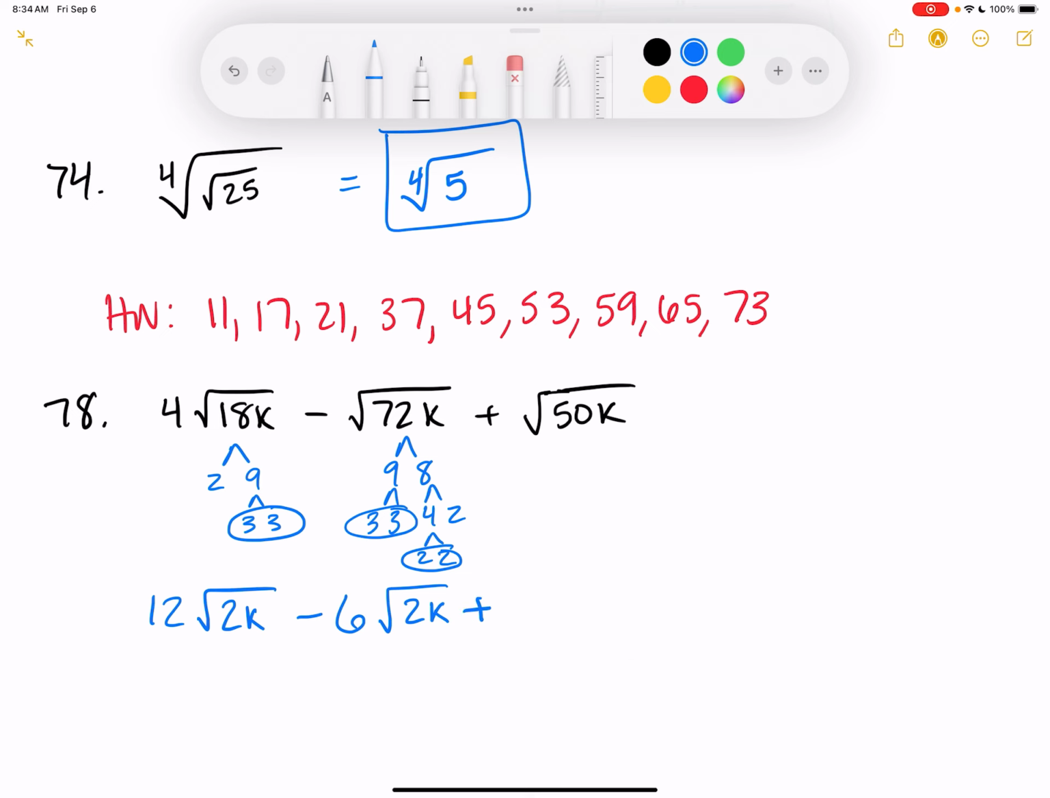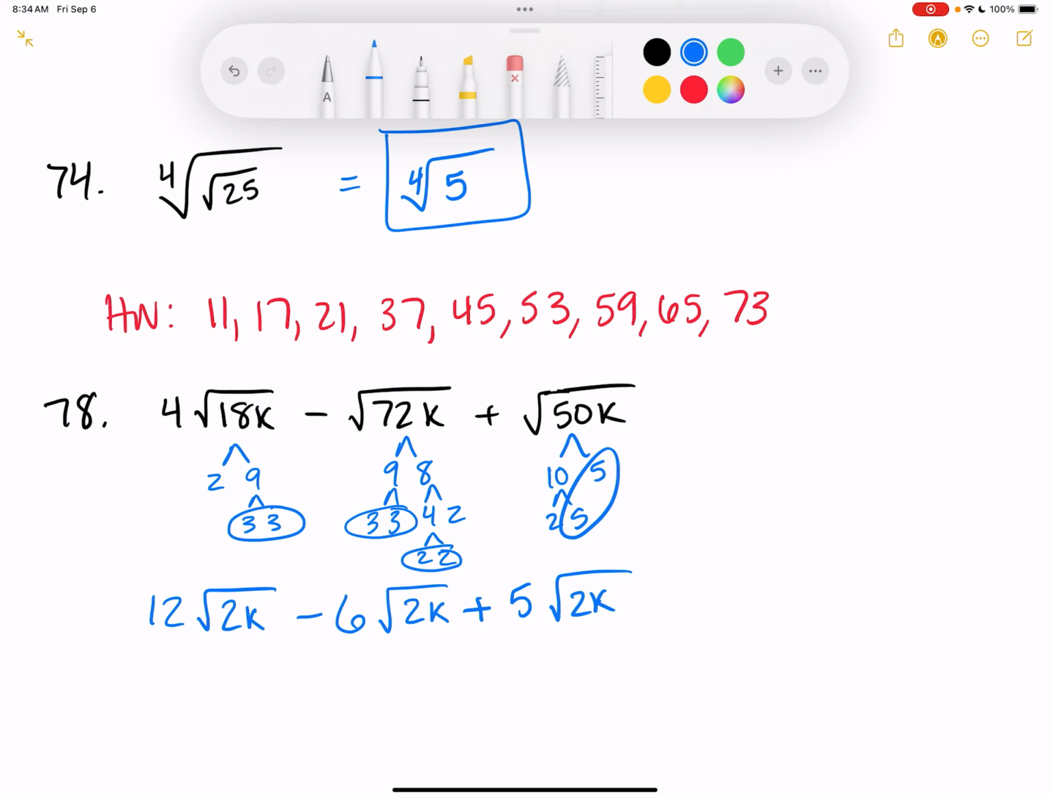plus, need to break down 50. 50 breaks into 2 and what? 10 and 5. Oh, 10 and 5. I think I did 2. And then 10 breaks into 2 and 5, so I can take out a 5. So that'll be 5. Leave me with a 2 and a k inside, so 5 times the square root of